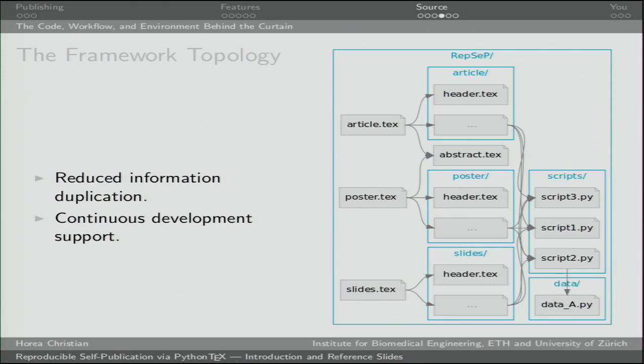Ideally, you also wouldn't duplicate text content. So for instance, if you have the same abstract in the article and in the poster, you don't place it in their subdirectories, but you place it on the top level of the hierarchy. And the only bit which might look confusing is this part here with all of the lines. This is basically a many-to-many association. So you have these files can all link to all of the scripts. And of course, sometimes you might need data for the scripts to work on, and you have another data hierarchy which some of the scripts might call upon.